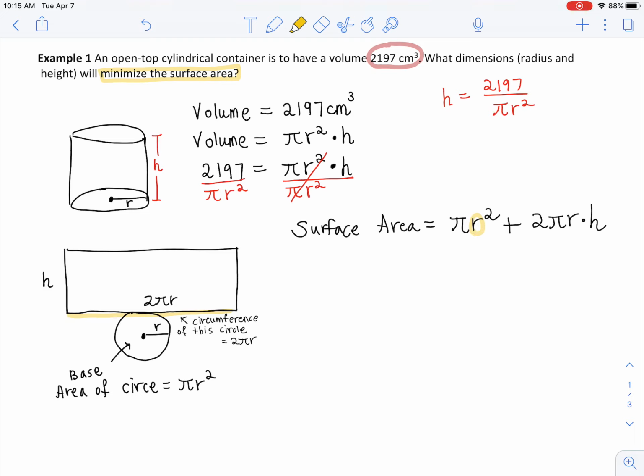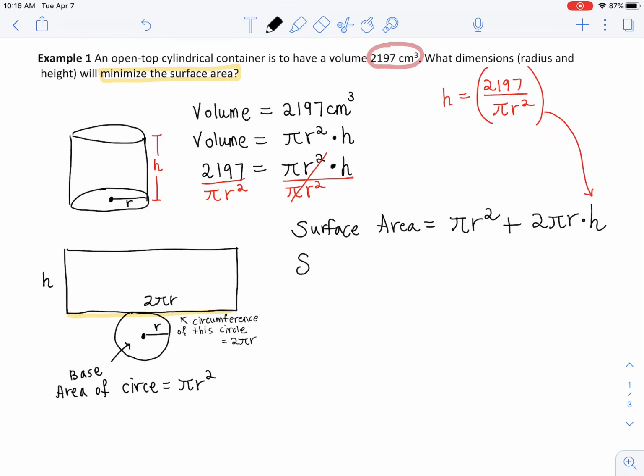Let me make this a little bit smaller so that I can use the room down there. All right, ready? Now what we're going to do is plug in the h in here. Because notice I have r, that's an unknown variable, and r and h. I got 2 unknown variables in the surface area formula, and I just need 1 variable. So let's substitute the h in here. Now let's plug in this h